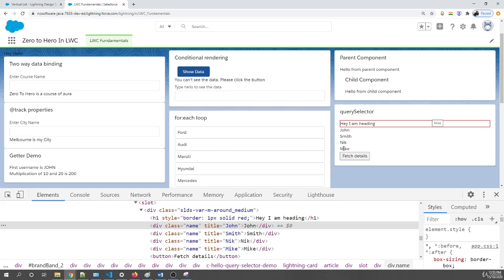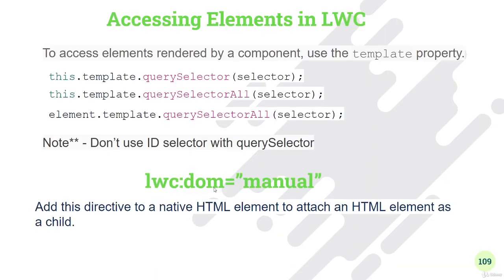So this title tag is very important from an accessibility point of view, and you can attach any attribute, whether you want to attach a URL dynamically or an image dynamically, you can use the set attribute using the query selector. Okay, so now let's go to our slides and see the second topic of this video,